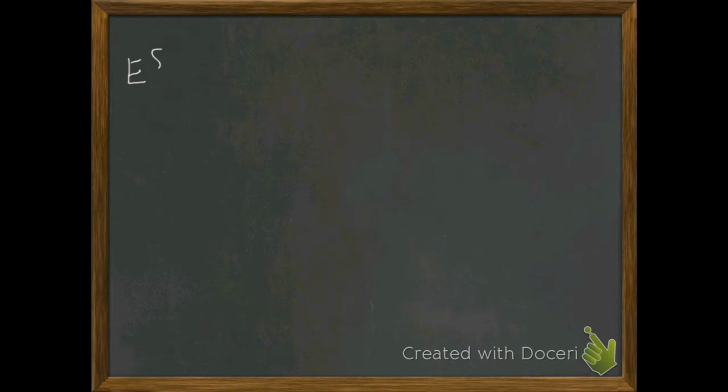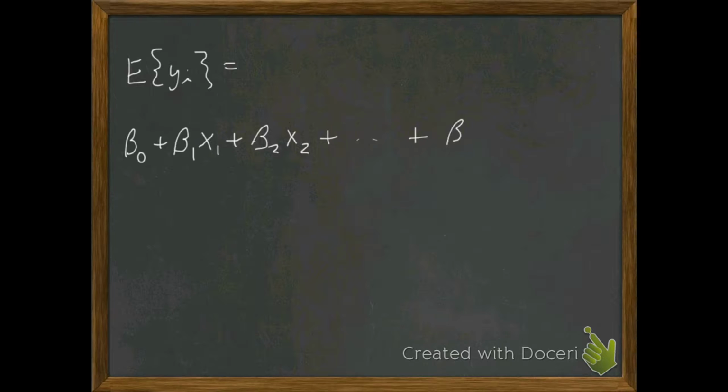The expected value of our y sub i is just going to be equal to beta 0 plus beta 1 x1 plus beta 2 x2 plus ... beta p minus 1 x p minus 1. You might think, in the educational setting, if we wanted to predict a